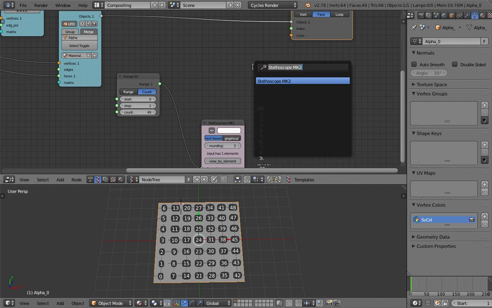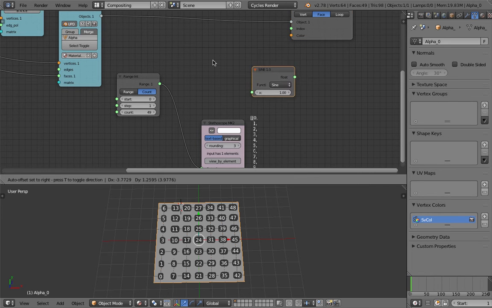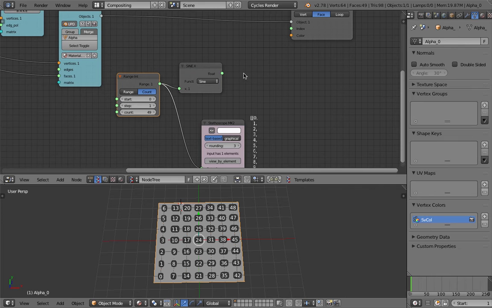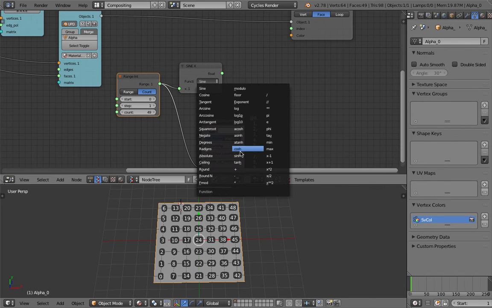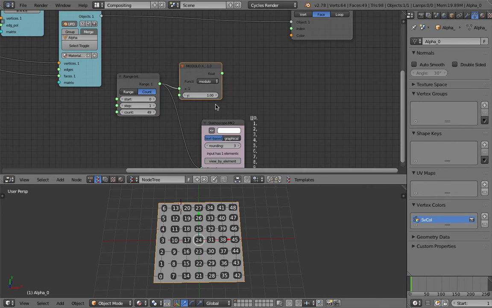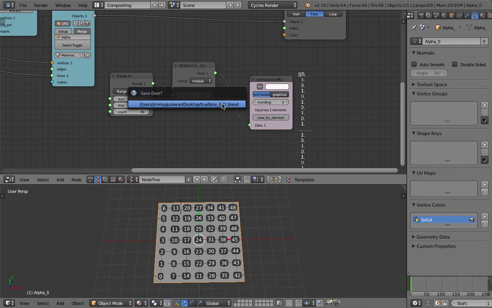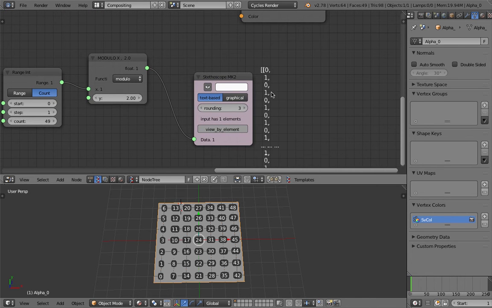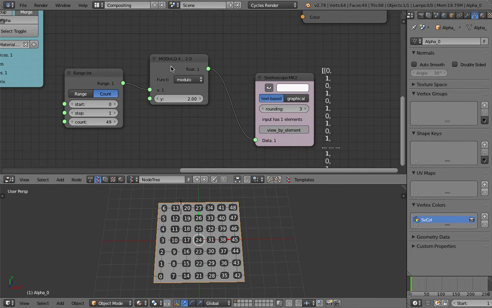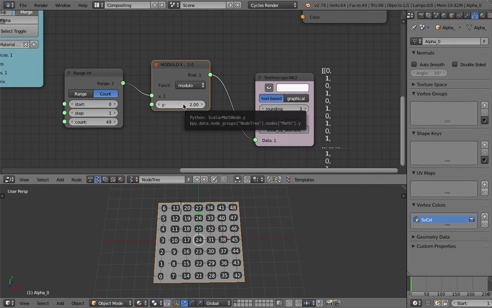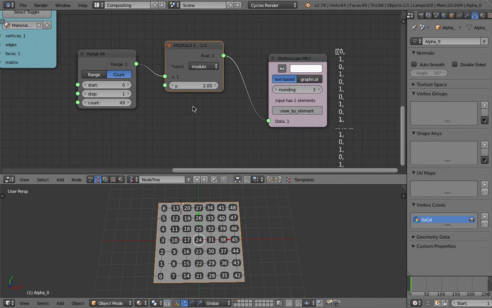So for that we can use modulo, I believe, math modulo, not sine, it's a modulo, and maybe this is 2, and let's look at it using the stethoscope. There we go, it's a 0 1 0 1 0 1. If we use the modulo function and give it a 2, it will never reach number 2. It's doing a division and whatever,